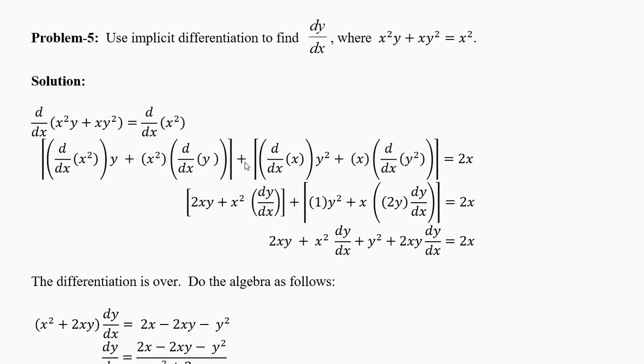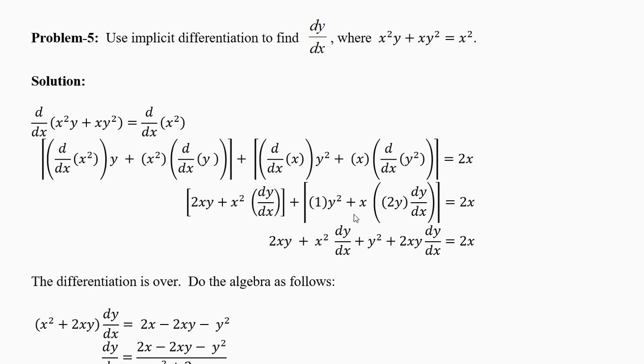Now plus. Remember there is a plus here outside the bracket, which is easy. Derivative of the first function into second function plus first function into derivative of the second function. So you have derivative of x is 1. 1 into y square plus x into derivative of y square. Derivative of y square is 2y dy by dx. We have seen it in the first example and even in the last lessons.